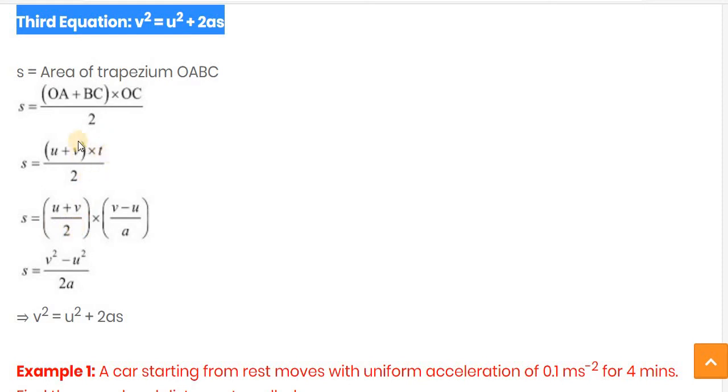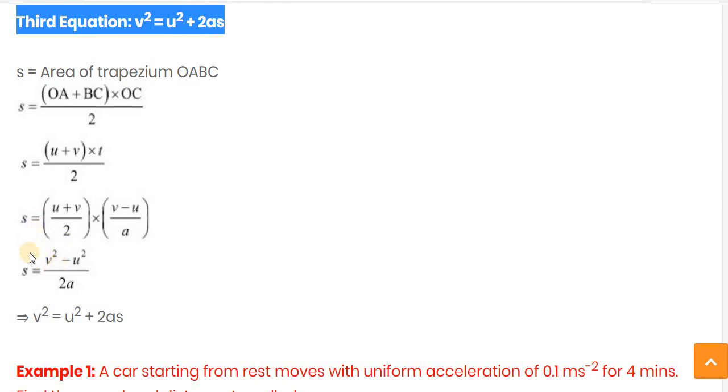Here, instead of writing T, we can put the value of T from the acceleration formula, where a is equal to (v minus u) divided by t. So the value of t is (v minus u) divided by a. So s is equal to, here we are applying the identity of maths, (v plus u) into (v minus u), that is (a plus b) into (a minus b), so we can write a square minus b square. Same we write over here: v square minus u square divided by 2, multiplied with a, so 2a.